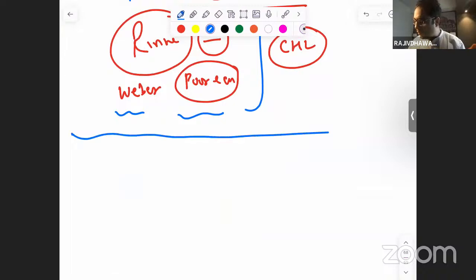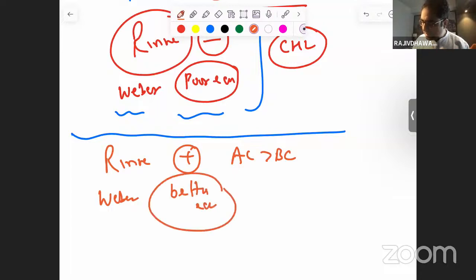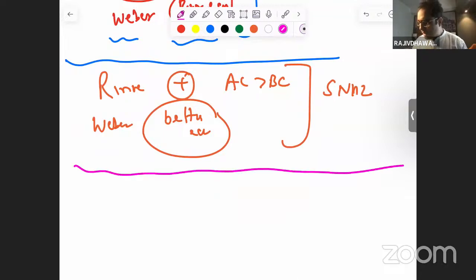Beta, now please see, let's make it reverse. If Rinne is positive, air conduction more than bone conduction, and Weber is heard in the better ear, it is sensorineural hearing loss. And the third question is, if Rinne is given negative,